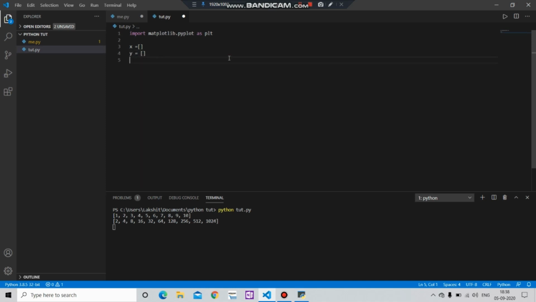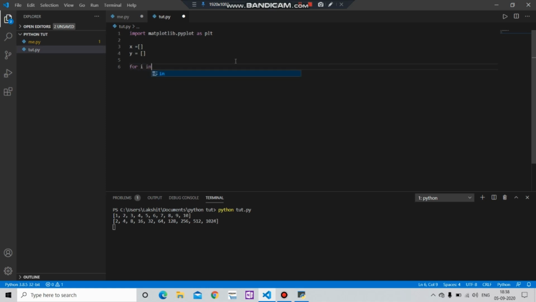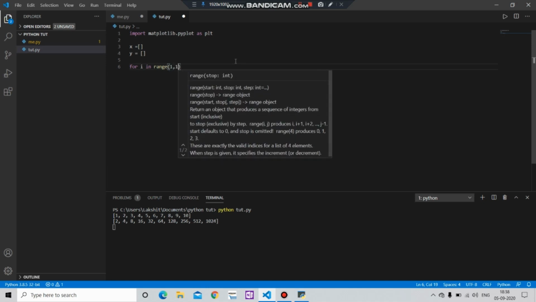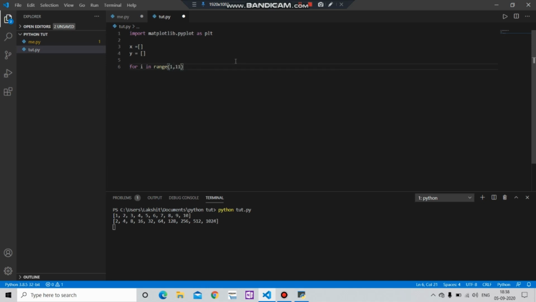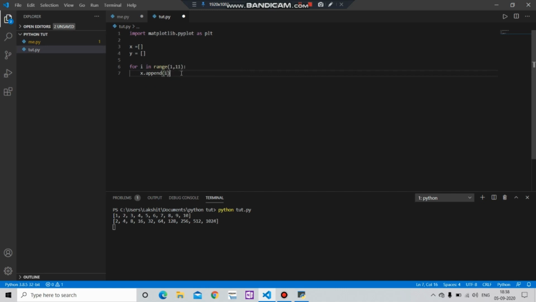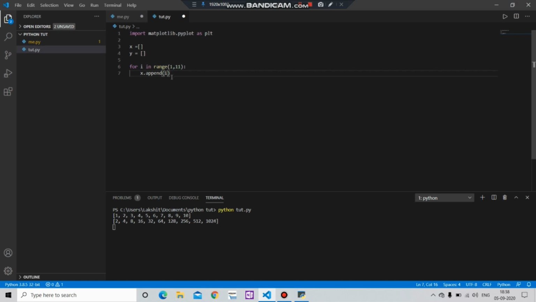After this, create a for loop: for i in range, let's say 1 to 11, x.append(i). It will add i, which means the value for this. Okay, value for every 1, 2, 3, 4, 5, 6, 7, 8. Okay, then